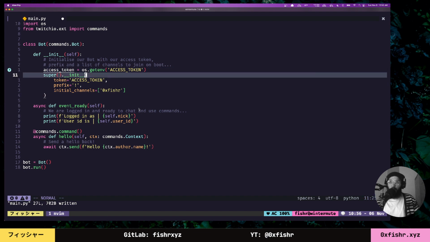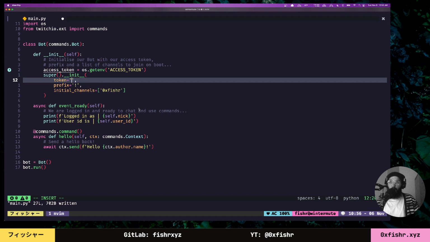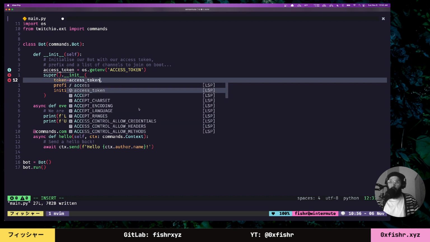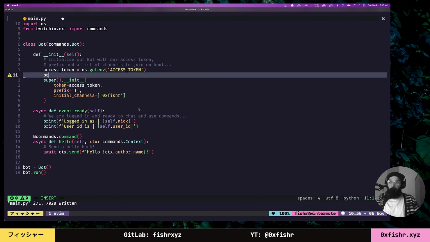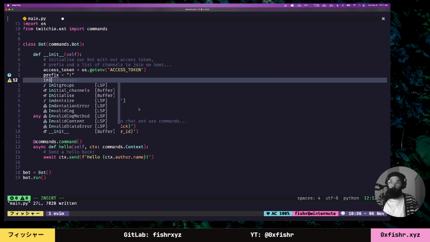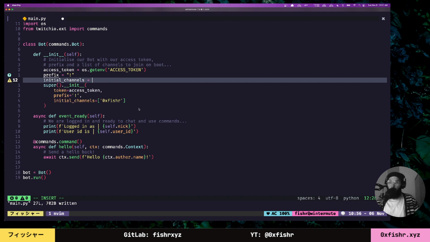We'll do access token, and then we'll replace this. Access token. So the prefixes will remain. In fact, just for good measure, we'll keep the prefix as it is, and then the channel. Initial channels is going to be